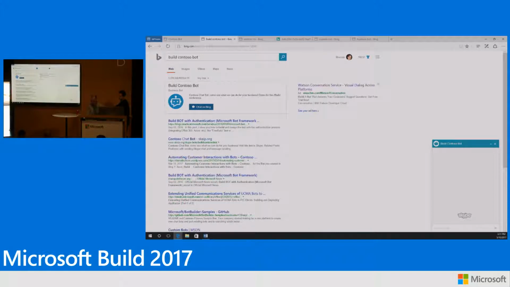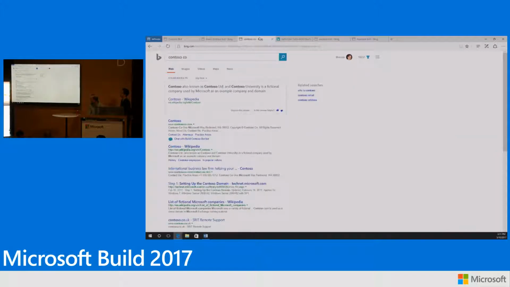Your mouse is over here. What is the mouse? Yeah, that's got it. Right here. Now,